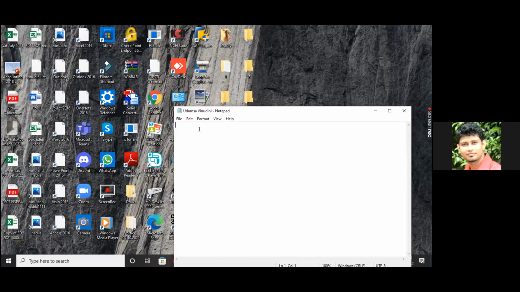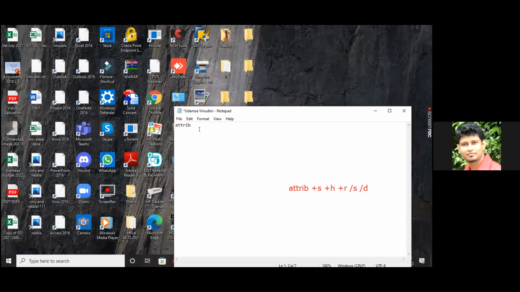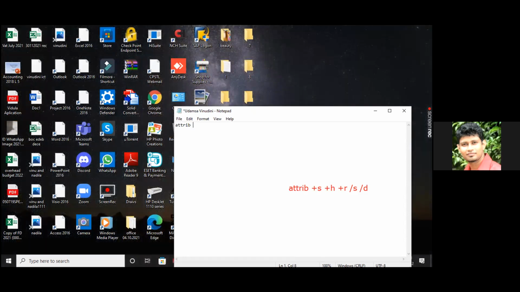ATTRIB, then plus S plus H plus R slash S slash D. Type this command. Space. After that, space plus S.